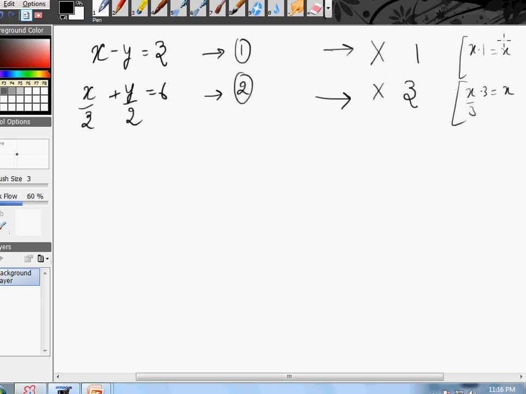Thus the coefficient of one variable x has become the same, or numerically equal, which was the purpose of the first step. Thus, by examining, we will multiply